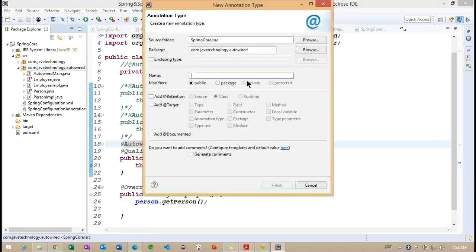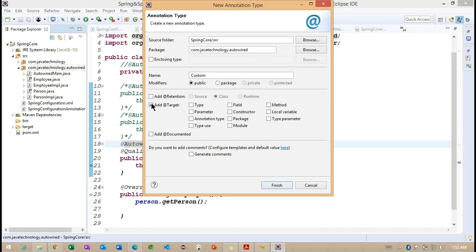Here we need to specify the name of the annotation, something called Custom. I want to specify this annotation as Custom. Then I want to specify the target information.